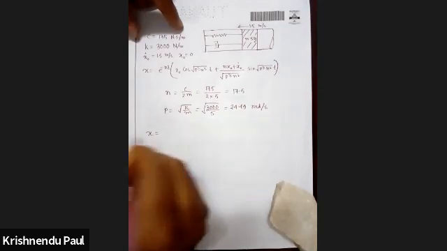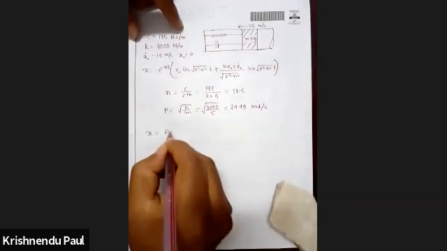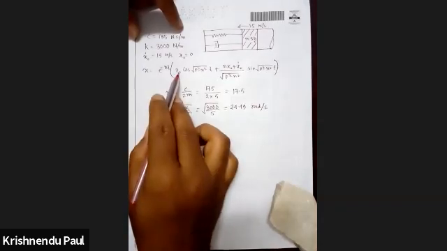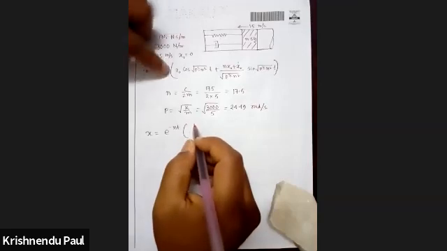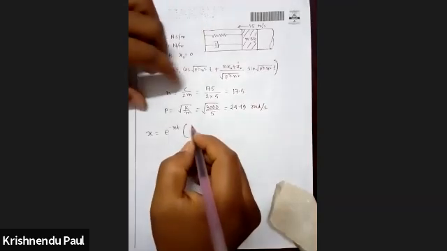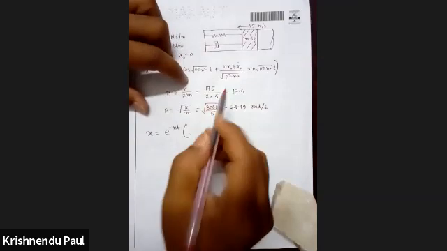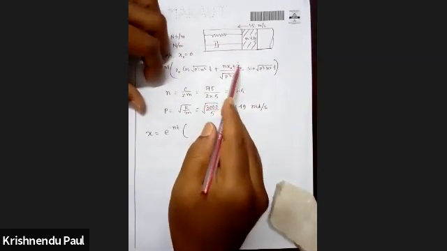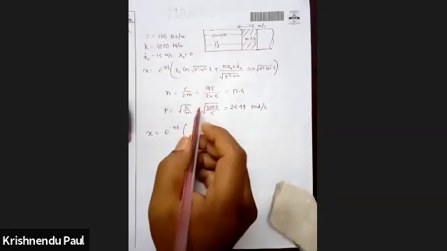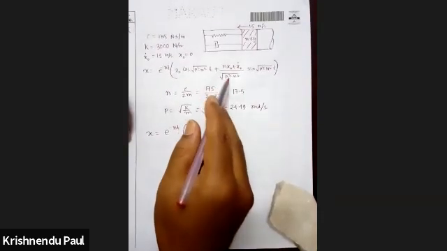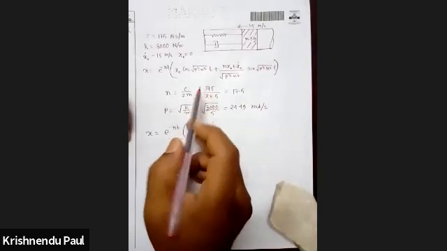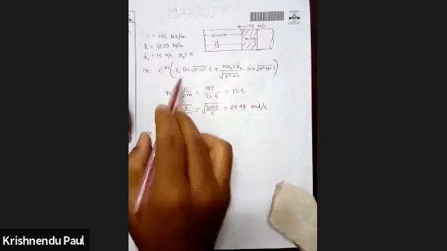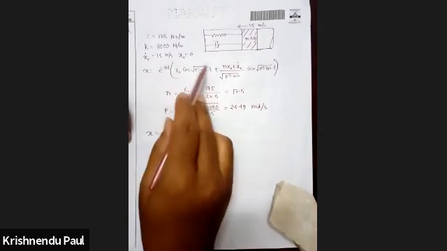So let us write the equation. x equal to e to the power minus nt. x0 is 0, so this part will be 0. Then here n x0, x0 is also again 0, so it will be x0 dot by p square minus n square. Is it understood? So let us write the equation. e to the power minus nt, then x0 is 0, so this part will be 0.